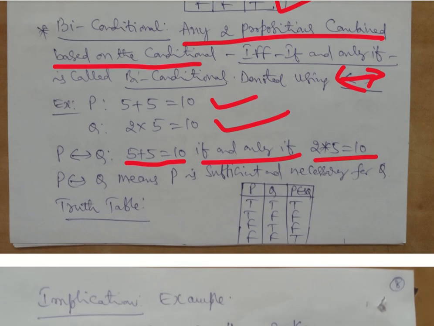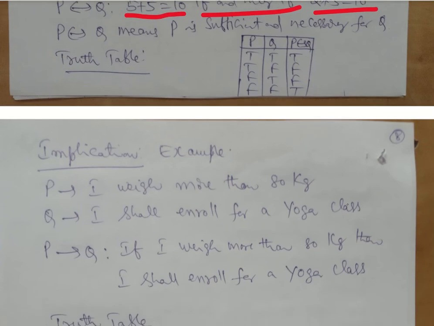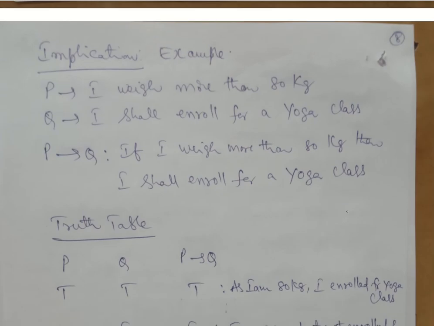So here, when both are true, the result will be true. When both are false, the result will be true. In all the other cases, result will be false. So that's what it is, similar to your 1001 concept. Okay. So this is the meaning of this biconditional or bidirectional. Now, implication, to give that idea of why T and F is false and F and T is true, let us take this example.